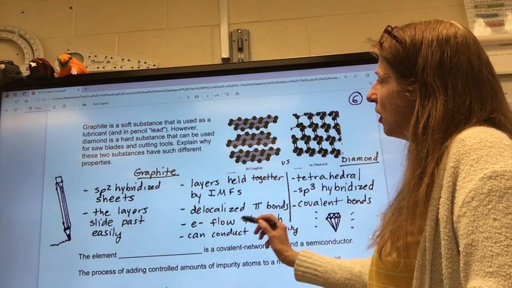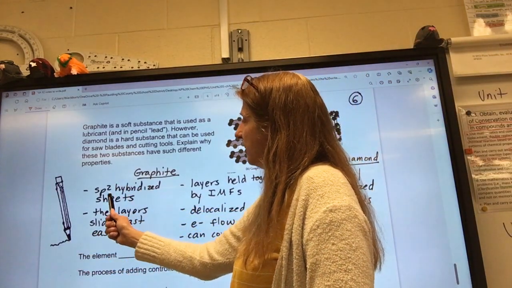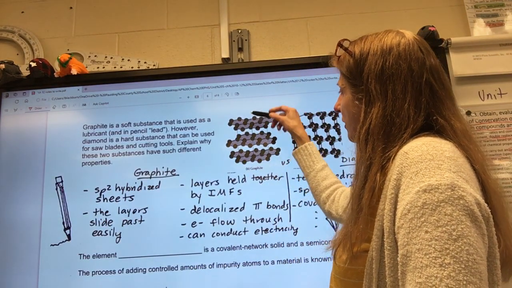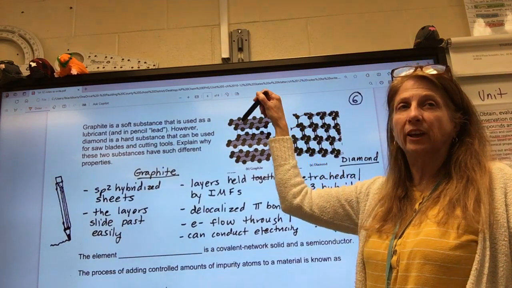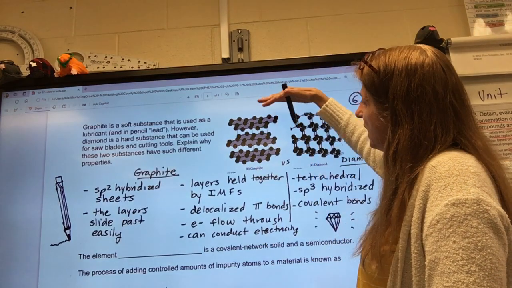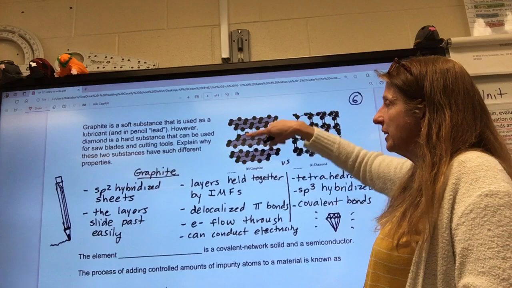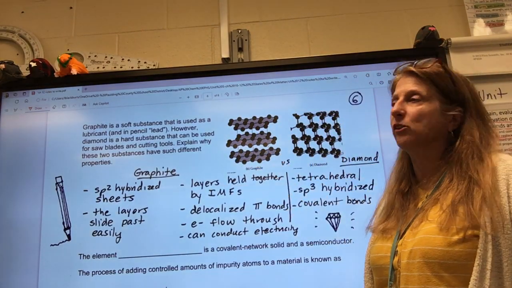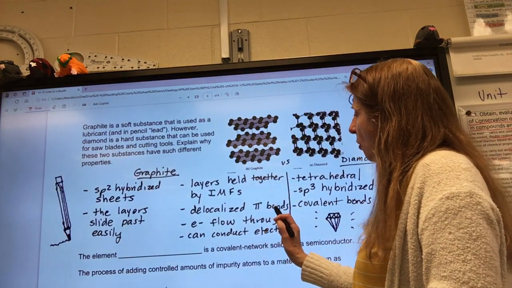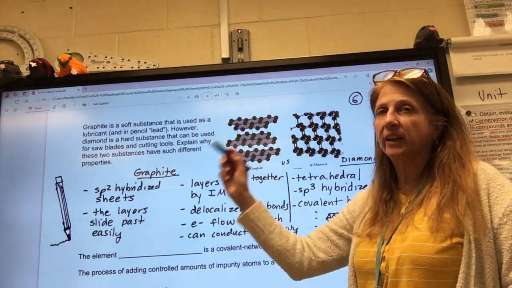Okay? So this is our graphite in our pencil. It's sp2 hybridized sheets. So each carbon has 3 bonds. Each one has that trigonal planar shape. Do you see that? The layers slide past each other easily because there's nothing in between them except intermolecular forces. There is no bond between these layers. Instead they have delocalized pi bonds, and the electrons can flow through those pi bonds, so graphite can conduct